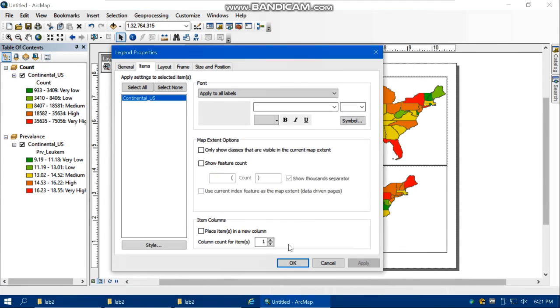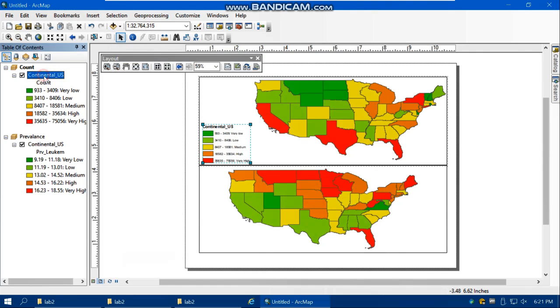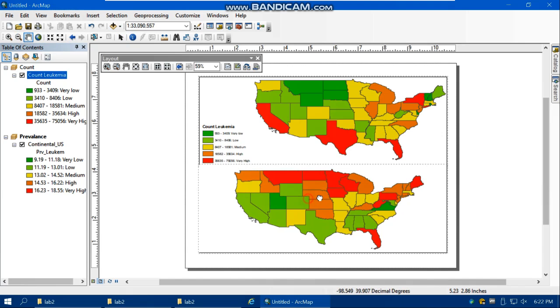Maybe here we can change this to count, you don't need to put underscore here, leukemia. So count of leukemia, very low, low, medium, high, very high. And then if you use pan, move this map,